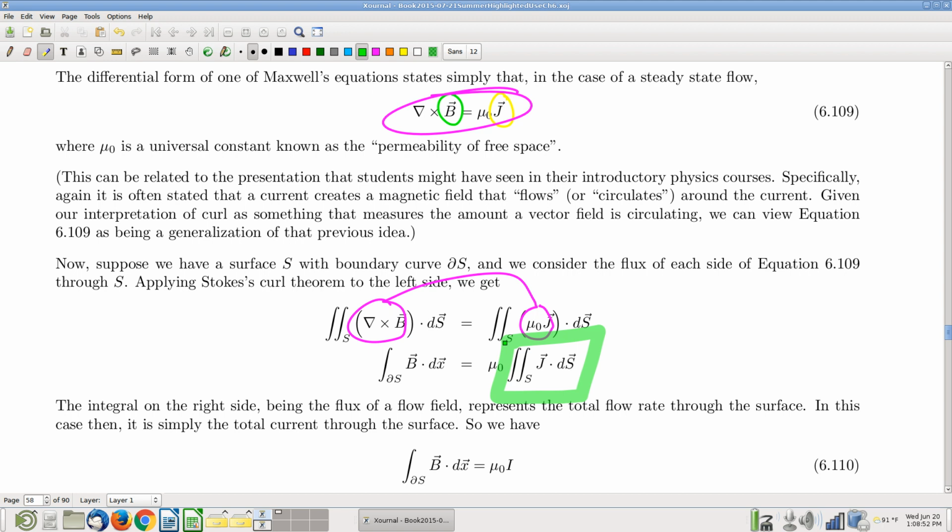And the definition that we came up with, our motivation for why we are writing down fluxes in the first place, was if you have a field which is the flow of a fluid, like this one, flux says how much of that fluid is passing through the surface at any given point in time, per unit time. And we have a name for how many charged particles are going past a given point at a given time, and that's current. So this simplifies very nicely. And the punchline then is that